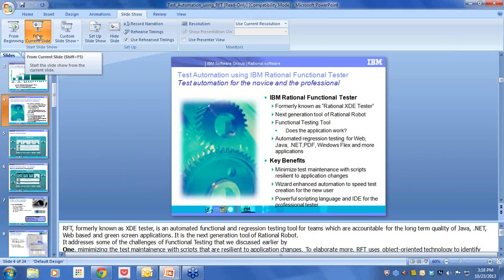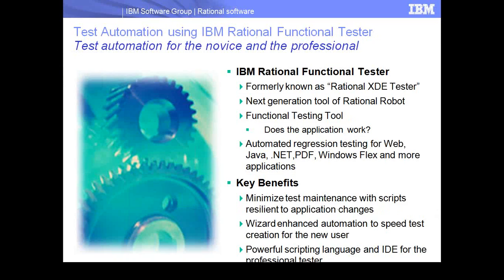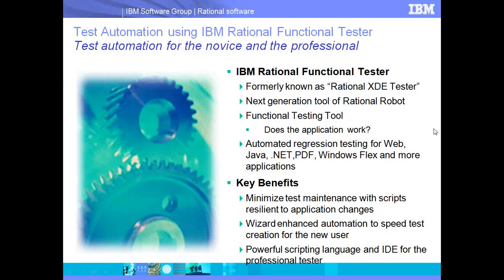For example, it minimizes the test maintenance by creating scripts which are resilient to application changes. It uses object-oriented technology to identify the objects, and not by recognizing the objects using the screen coordinates, right? So even if the location of a GUI object or text of an object changes, RFT